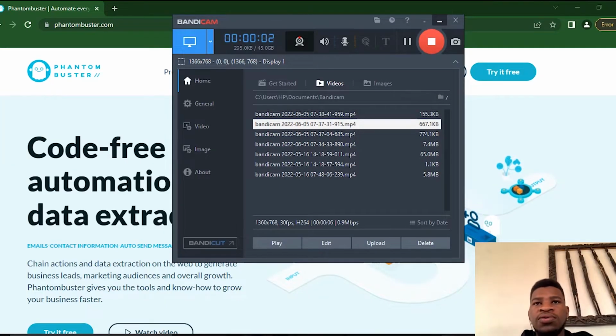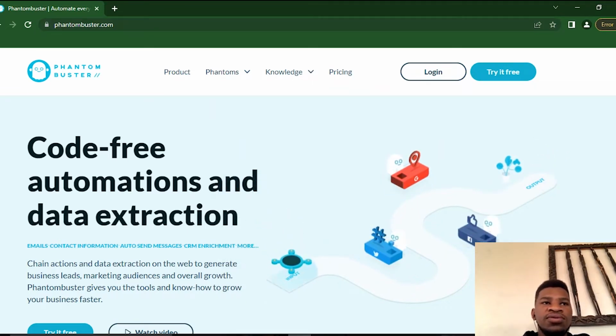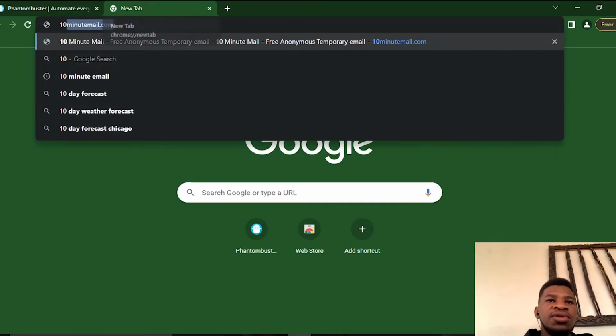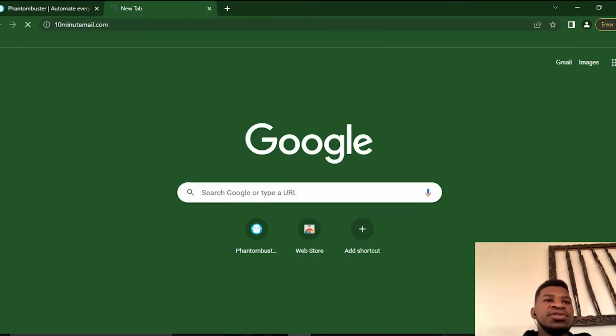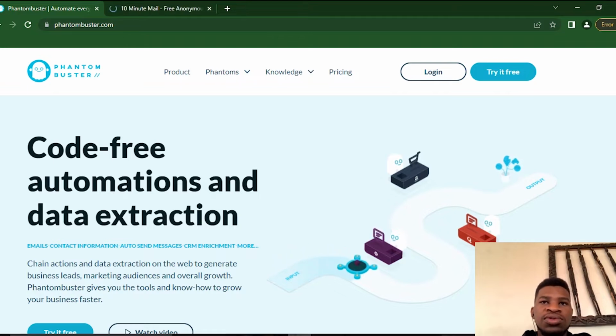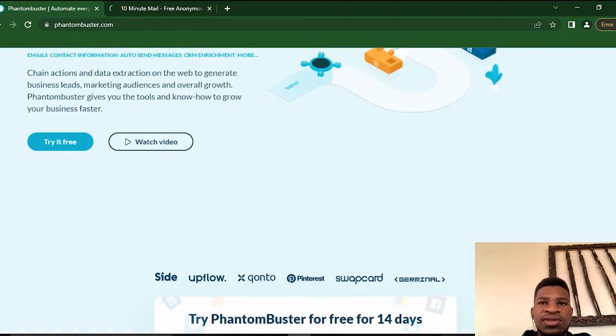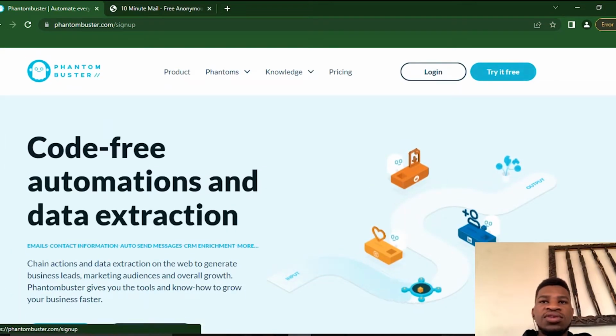Okay, right now I'm in Google Chrome. Basically, I'm going to show you the A to Z on how to set up your very first Phantom Buster account. So for me, I don't really want to use my email address, so I like using 10-minute mail. It's a temporary email that allows you to sign in for websites where you don't really need to keep your data. So when you go to Phantom Buster, this is how the front page looks. You can just go to try it for free,